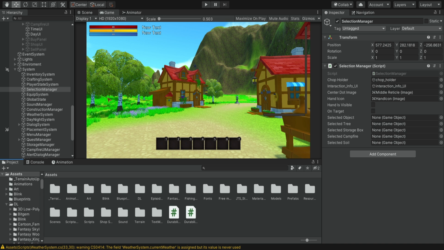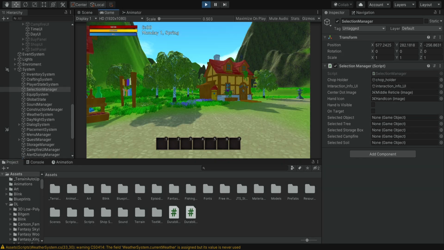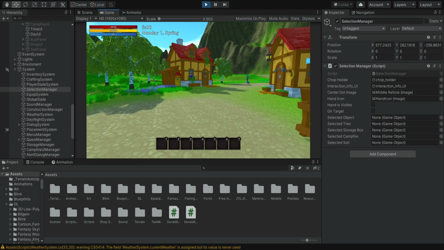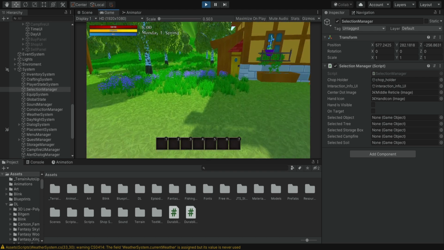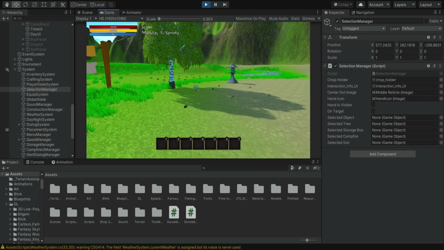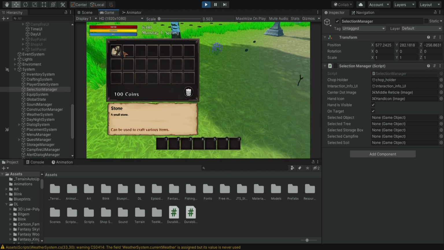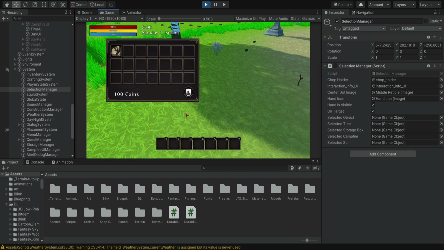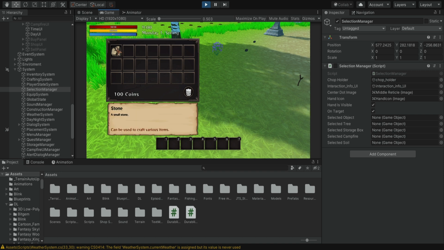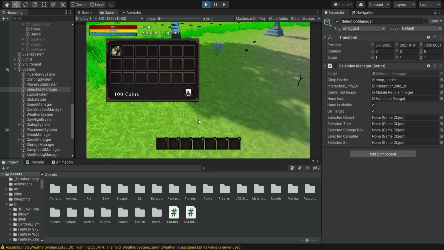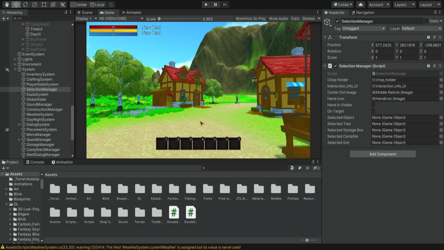Now, we also want to update the UI because when we hover over items, we don't have them here, but when we hover over items, we have this panel. So maybe we also want to have some kind of durability shown to the player so the player can know how much durability the item has. So we're going to deal with this in a moment, but I also want to show you how to add